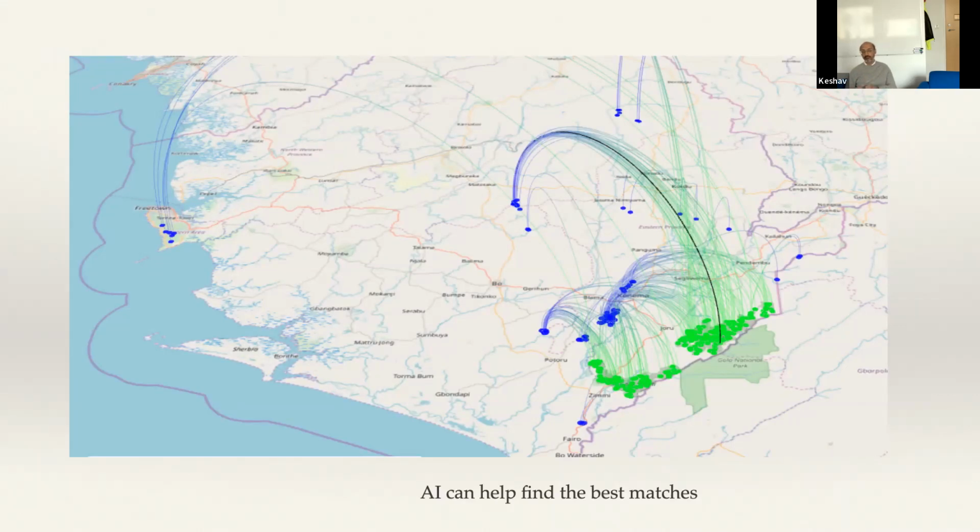And so what we want to do is to say, here's a pixel, Earth observation pixel, and I'm going to find another pixel which has the same history of behavior as this particular project pixel in terms of its land use for the last, let's say, 5 years or 10 years. And so this is basically a find-the-closest-match problem. And we can use AI, we can use big data analysis to help find the best matches. And so we have a matching algorithm. This is showing you the output of the matching algorithm, which matches the project areas with the best.